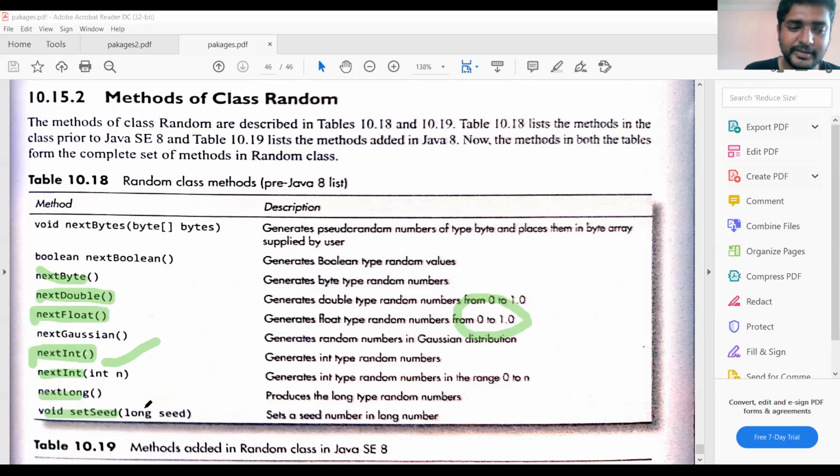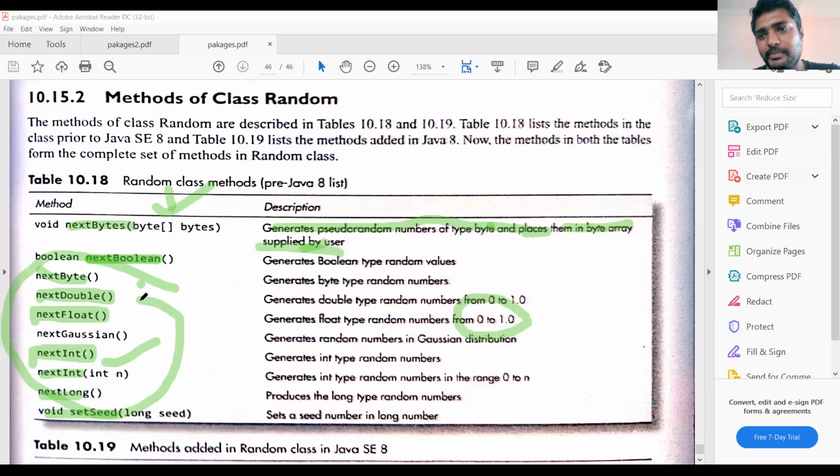For setting the seed value, we have the method setSeed. nextBoolean: if you want to generate random numbers of boolean type, we have to use nextBoolean. nextBytes generates pseudo random numbers of type byte and places them in a byte array, so that's why we pass the array as a parameter. Mainly these are the methods we will use in the Random class.